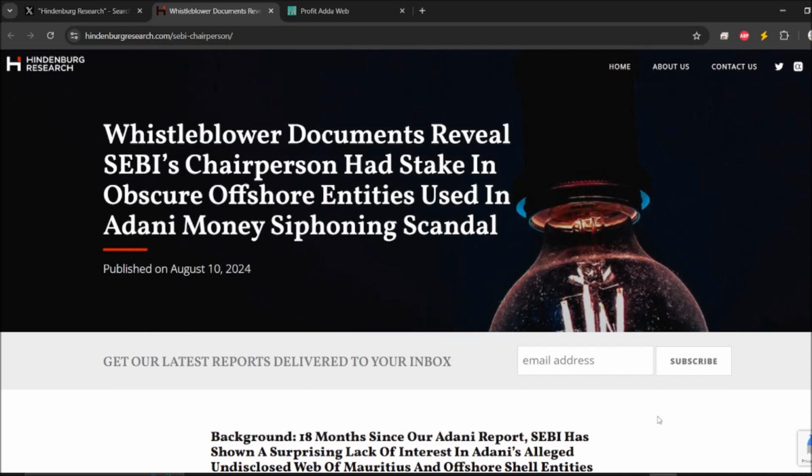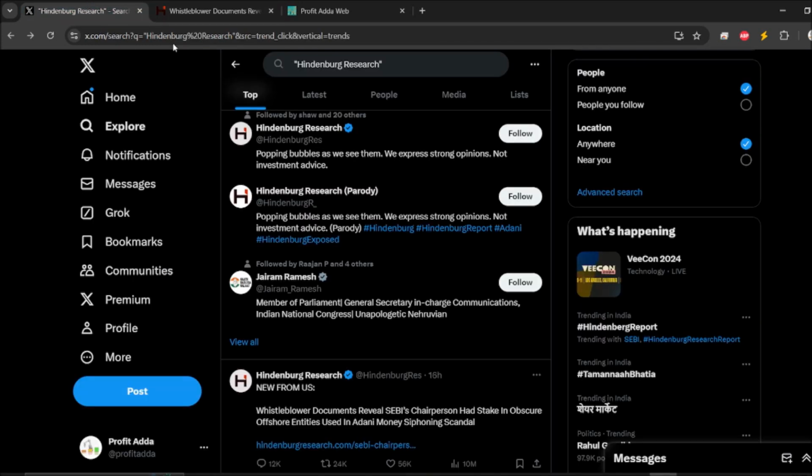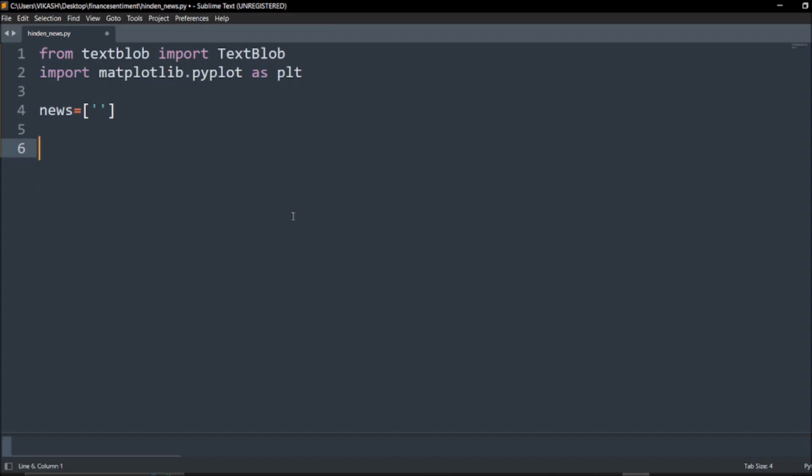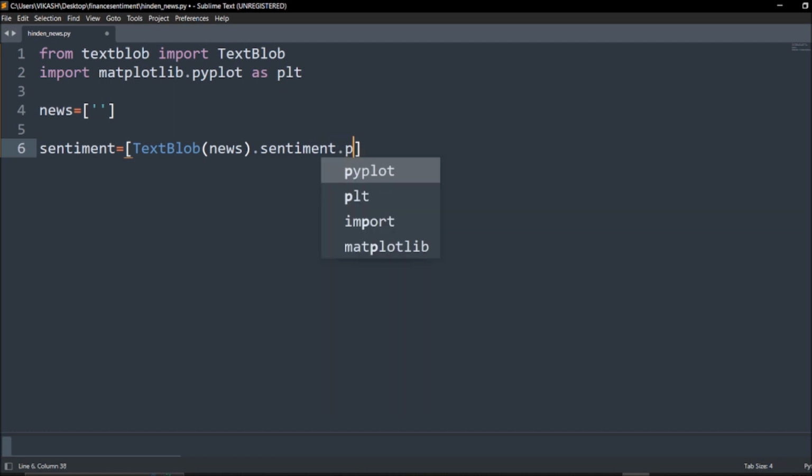So now what we have to do is keep it in simple terms. I've already dealt with the news, and then we will talk about the sentiment. It is super simple. What we are doing is just using TextBlob. In TextBlob, we give the news, and that news will give us the sentiment, the dot polarity: positive, negative, neutral.